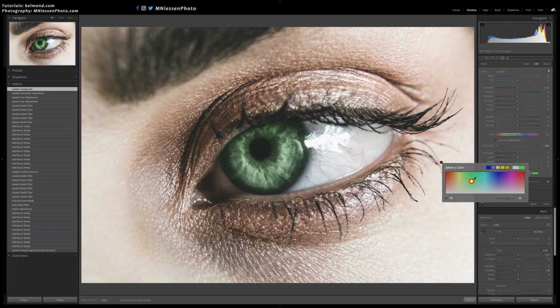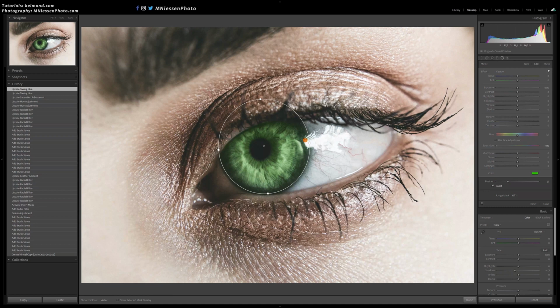For a picture in which the eyes are quite small, I would just select this color and call it a day. But in the close-up where we have a lot of details, we can get better results with a little more work. I'll pick the very saturated green, and I know it doesn't look good at this point, but we'll get it better. One thing I didn't do is remove this highlight reflection from the eye, so now it's been tainted green as the rest of the eye, and we have to remove that using the range mask.